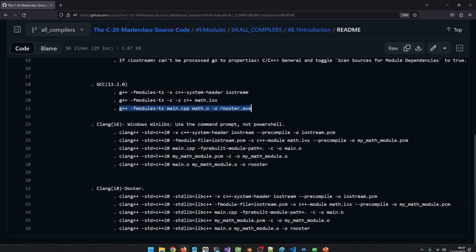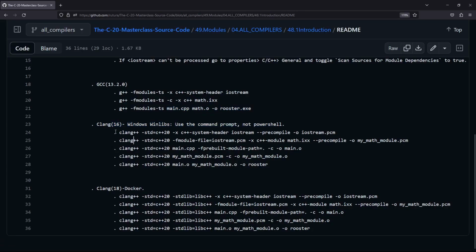If you want to use Clang, again, I provided these instructions that you can follow. This is the Clang version that we have on Windows, but on Windows, I couldn't use PowerShell, and I resolved to using the command prompt for this to work properly. Let's try to use PowerShell and show you the problem that I got. So let's copy this. Okay, for Clang,